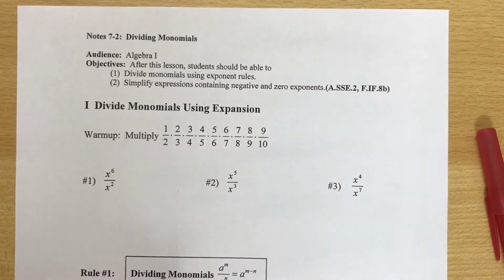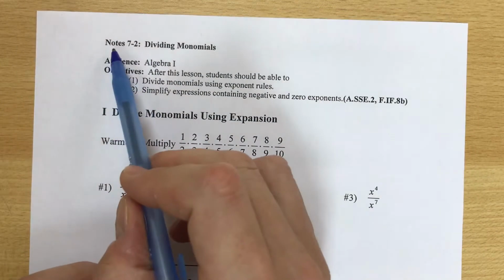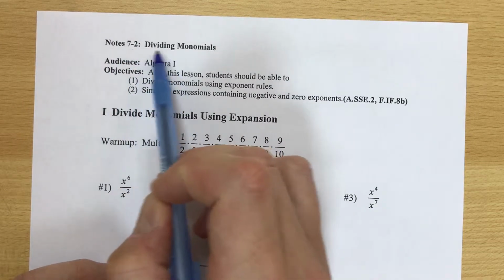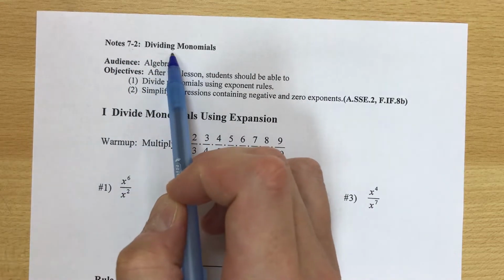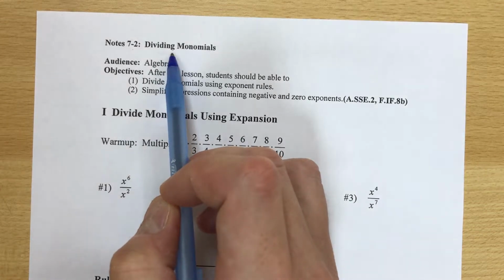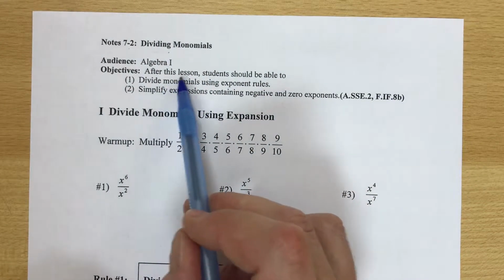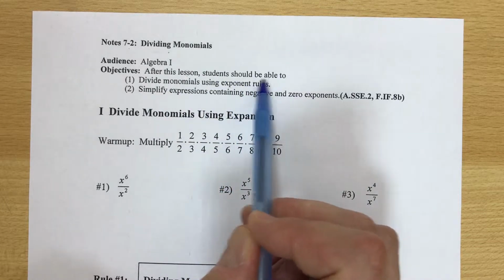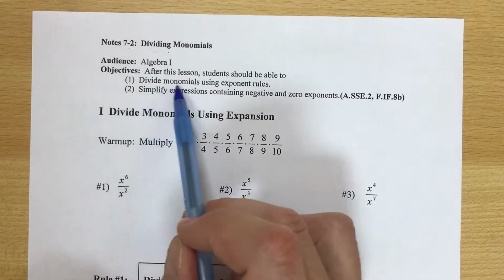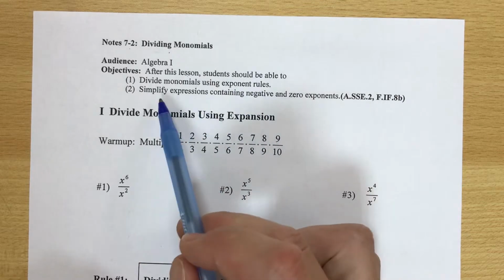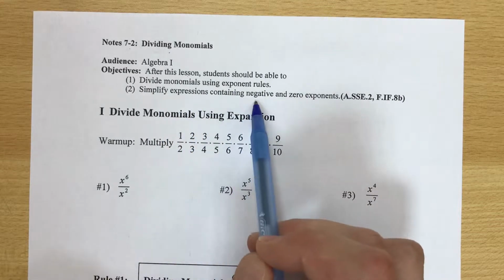Okay, Algebra 1 fans, our topic for today, Notes 7-2, dividing monomials. So we've talked about multiplying the last few lessons. What happens now when we divide? So after this lesson, our objectives: you should be able to divide monomials using exponent rules, simplify expressions containing negative